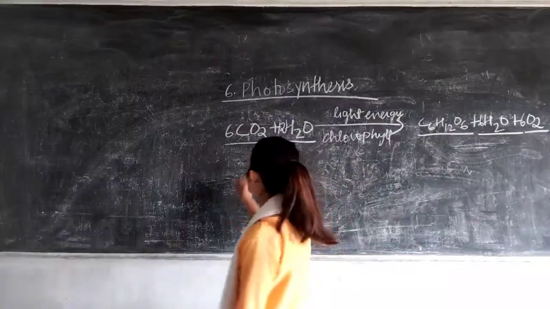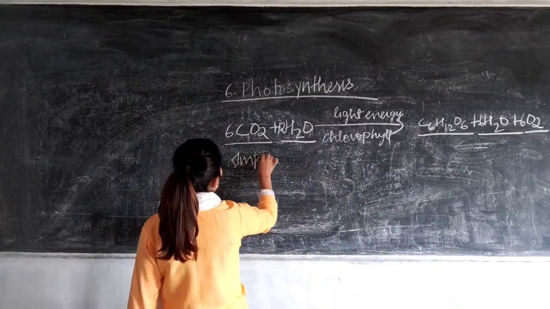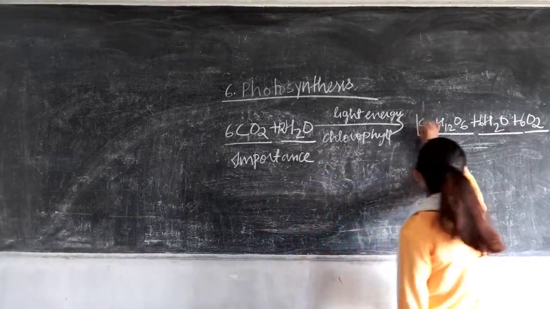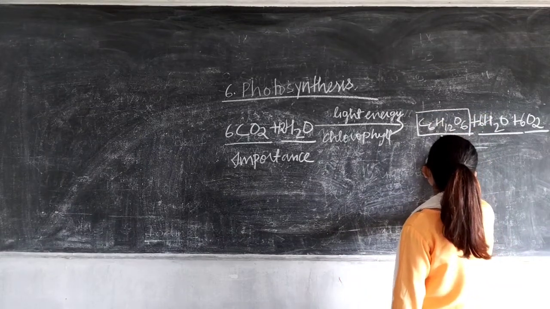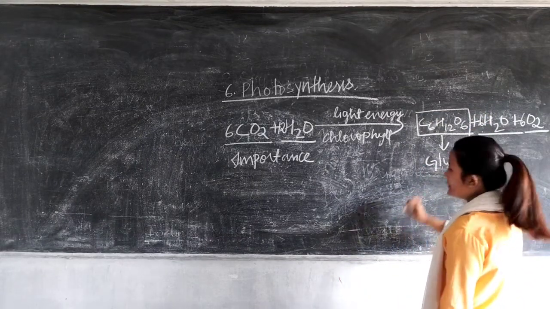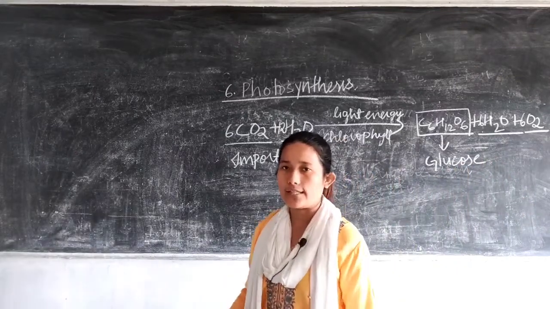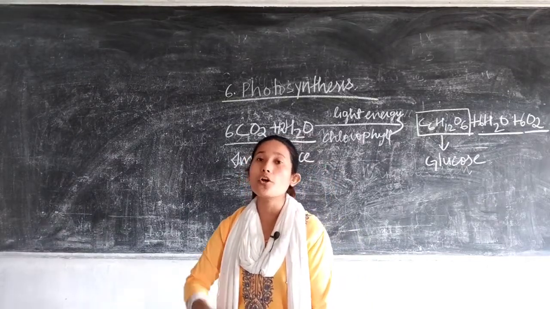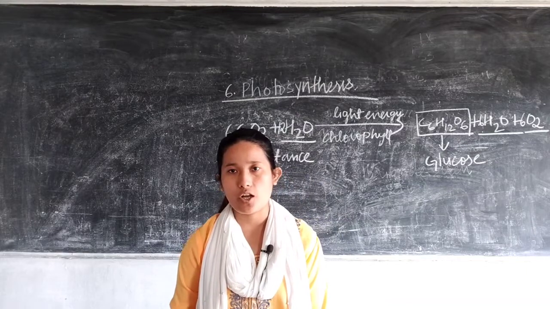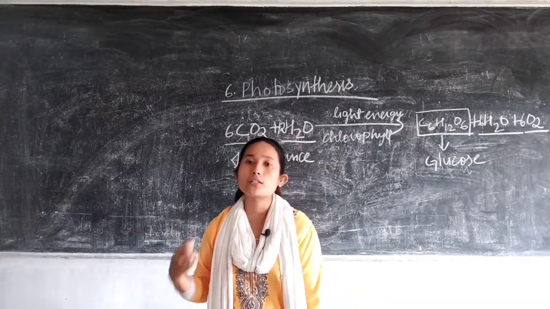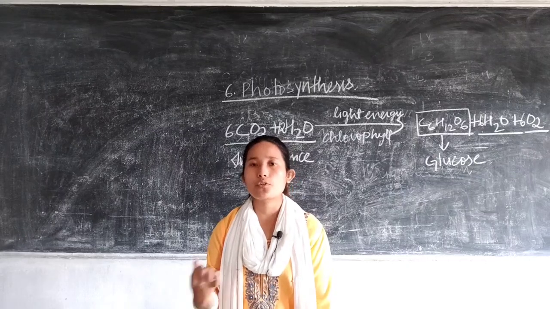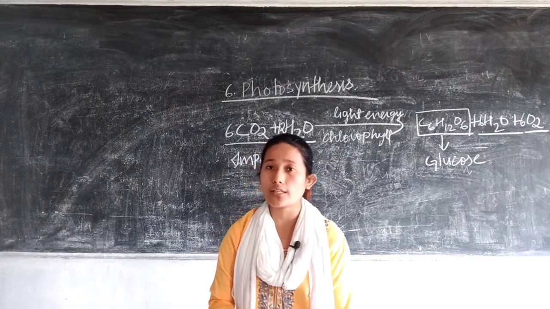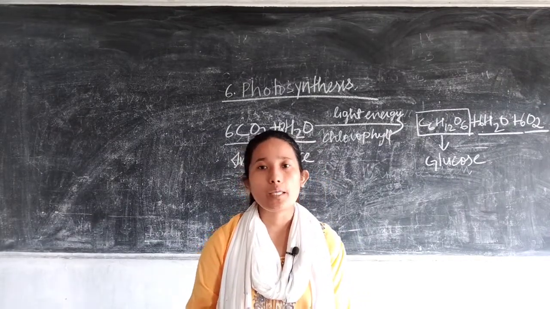Now what is the importance of photosynthesis? What is photosynthesis useful for? Since the main product of photosynthesis is glucose, and we all know that for all the animals and plants the fueling agent is glucose. That means the glucose is broken down in order to produce energy, right? So all the living organisms on earth are dependent upon the plants for food, and the food is produced by the process of photosynthesis. So photosynthesis is a very useful process. Without it, survival on the earth would be impossible.